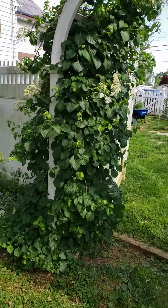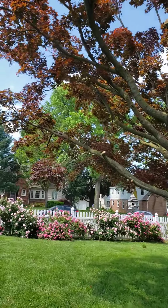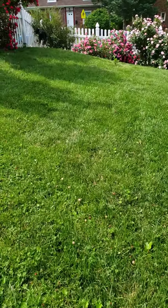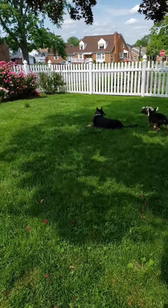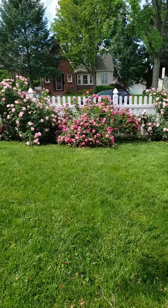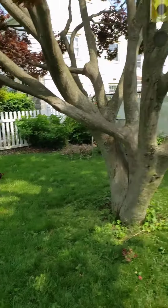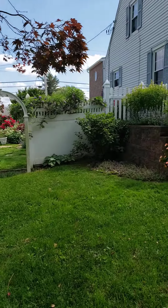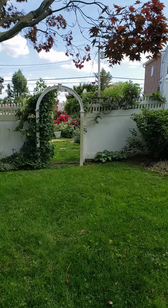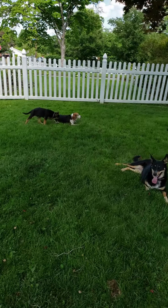Okay, so this is what we call the good yard. There's only one tree anymore. It's a maple, a red maple. But this yard actually has grass, so I do keep the dogs out of it. Plus, when we had Hansel, Hansel used to just run the front here and bark at everybody. So I had them come back in and then put this divider in the arbor a couple years ago to solve that problem. And it's worked out well, because now I have a nice yard. And then they have grass to play in every so often,